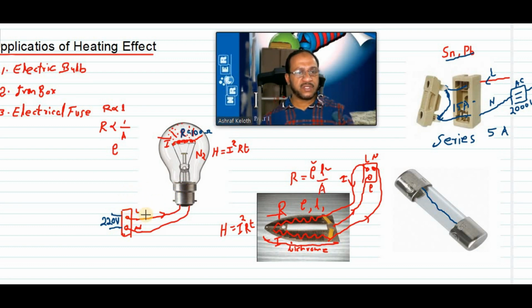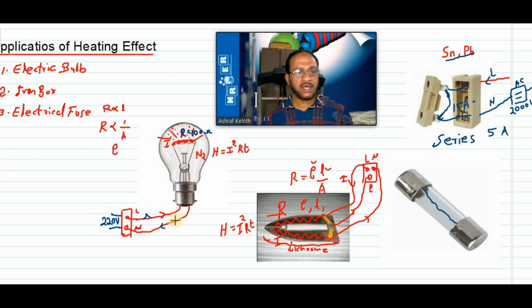So when you switch on this circuit, a current flows through the live wire and through the filament, and it will go back to the circuit through the neutral. This is the normal path of current when you switch on a device. Suppose the switch is connected here; in the live line we always have to connect the switch. When you switch on, current will flow through the high resistance tungsten filament,